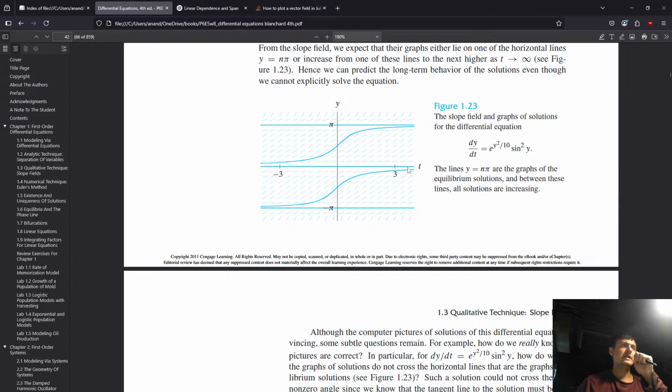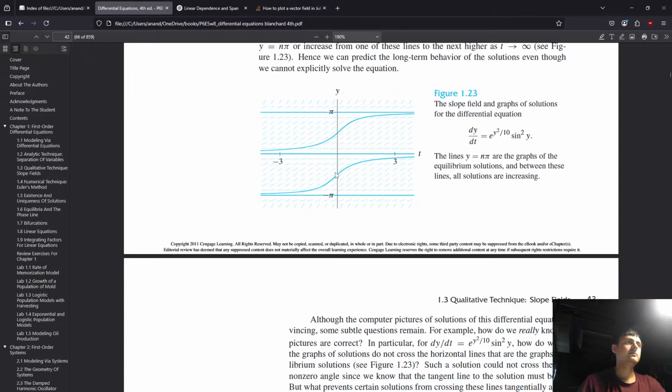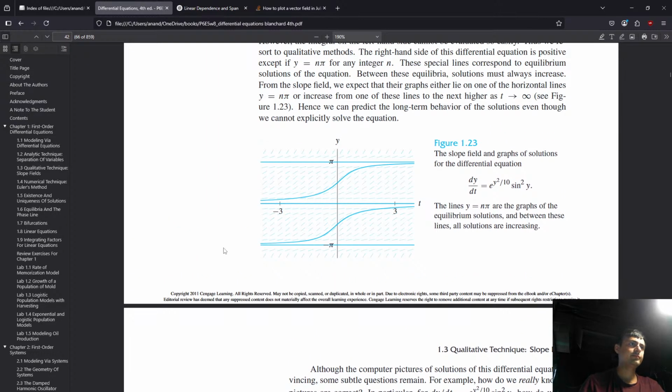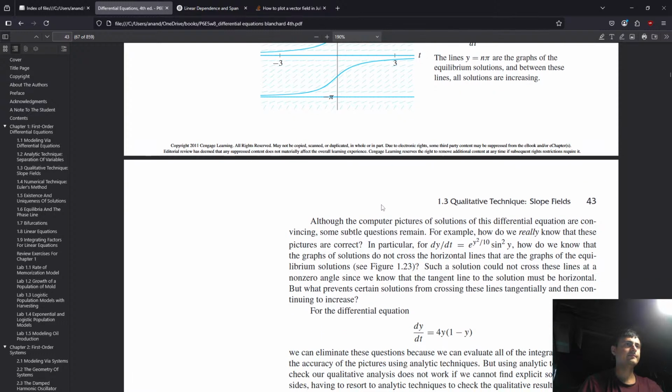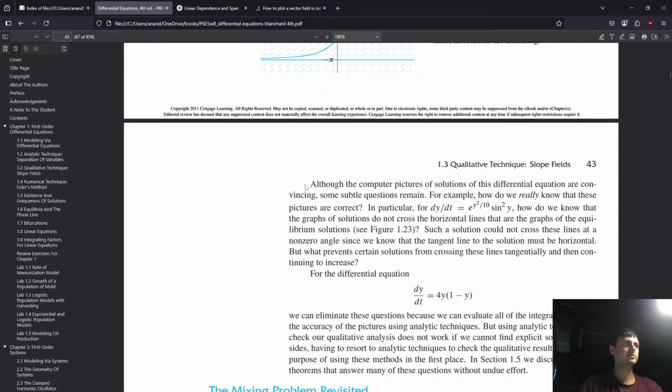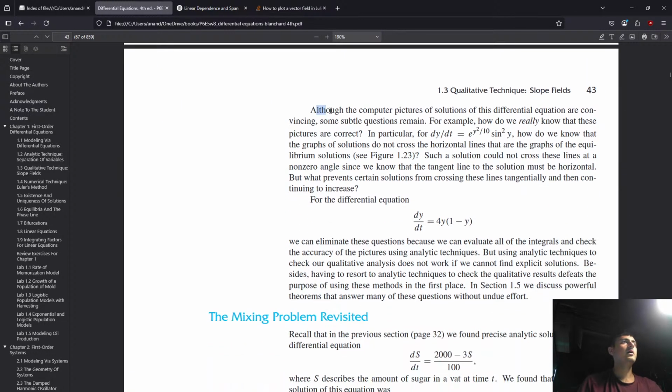Okay, so that's a really cool example, actually. A case that has not only an infinite number of equilibrium solutions, but in between the equilibrium solutions are these logistic type, or whatever, sigmoidal type thing. I don't know what the actual character of it is, but